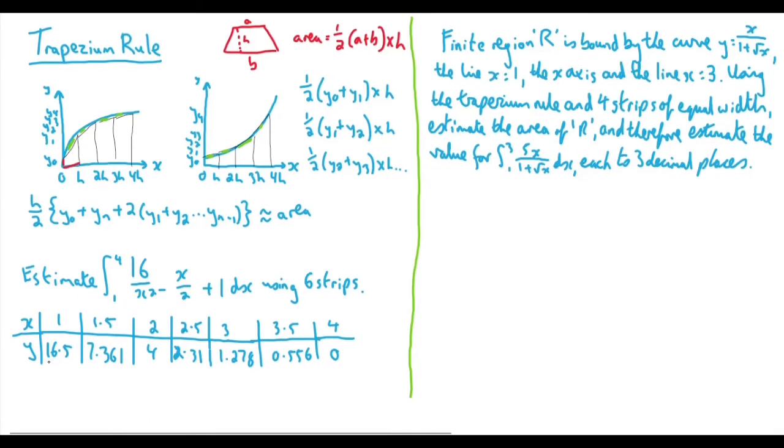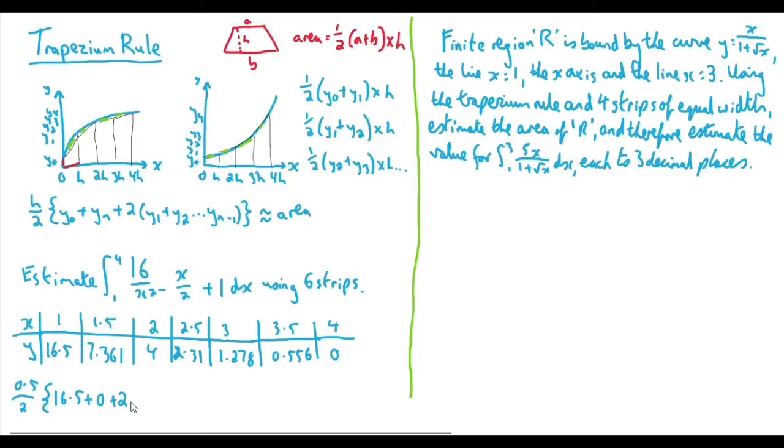Now that we have these y values, we can plug them into the trapezium rule formula. h is going to be a half, because that's the interval we're going up in, so 0.5 over 2, and then within our curly brackets, the first y is 16.5, and then technically the last one is plus 0,